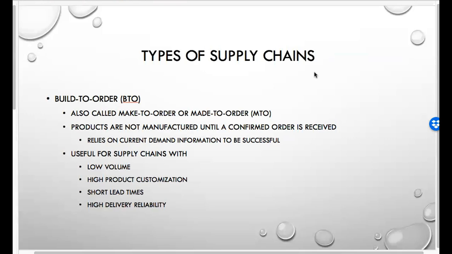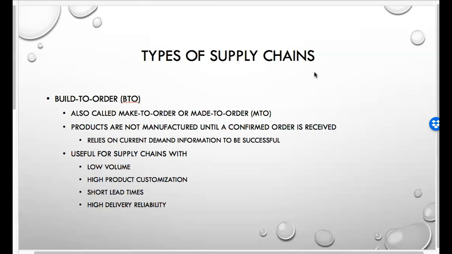Low volume is much easier to match to demand. If you have low volume and a short lead time, it's easier to meet demand than if you have high volume and short lead time, because the larger the volume, the larger the possibility for large variances. So flexible supply chains, lean supply chains really do well in low volume. Not to say the high volume supply chains can't use pull, but low volume ones are usually a lot better.